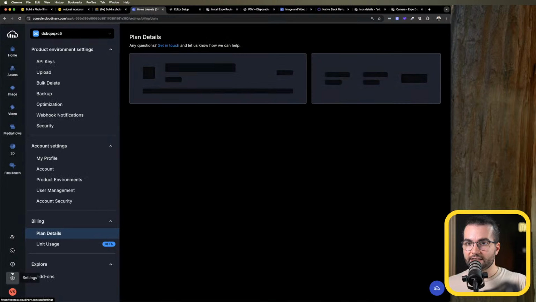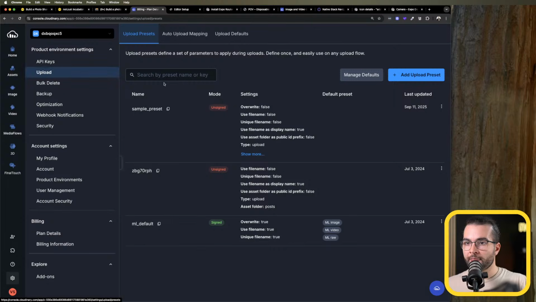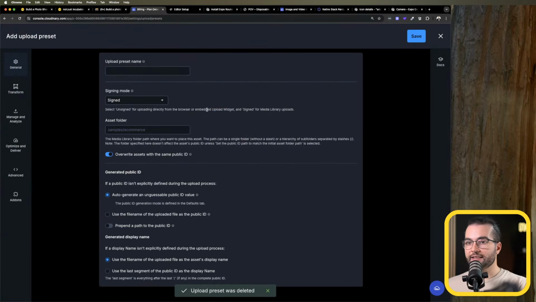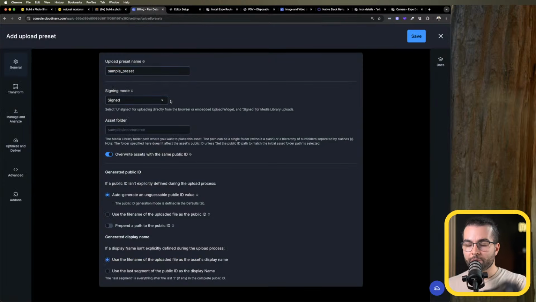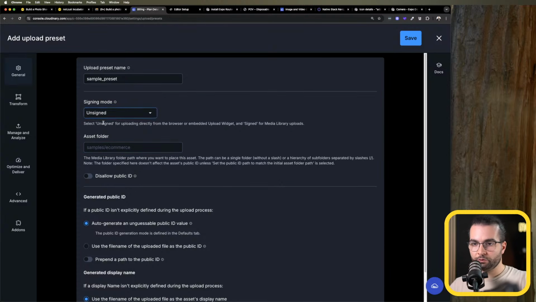Let's go into the settings, into upload, and check if you already have an upload configuration. If not, maybe I'm going to delete what I have. Let's create one called sample preset. Signing mode is going to be unsigned because it makes it easier for us to upload images and